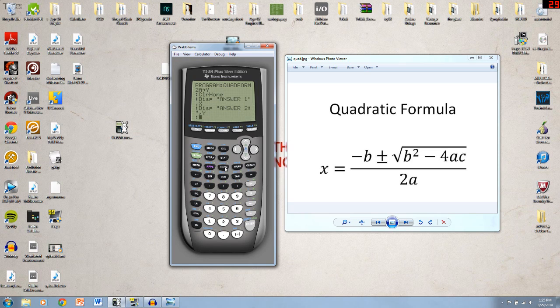So now we want time to read our answers. So we're going to go down here. Number 8 under control functions, you have pause. So this will wait for the user to press enter. Once the user presses enter, it'll proceed to the lines below it. Pause. After it displays the answers, we want to clear the home screen again, and then go back to the beginning of the program